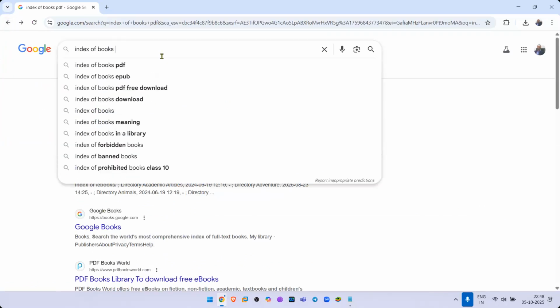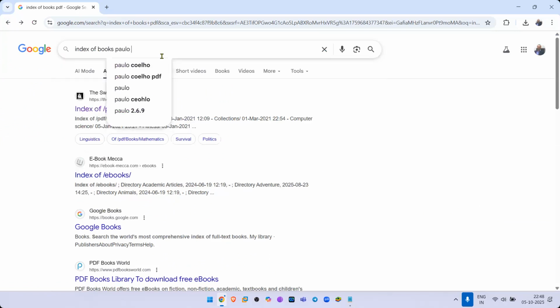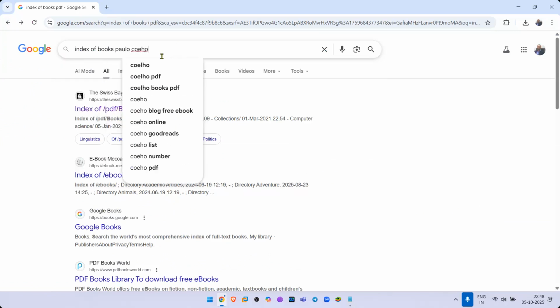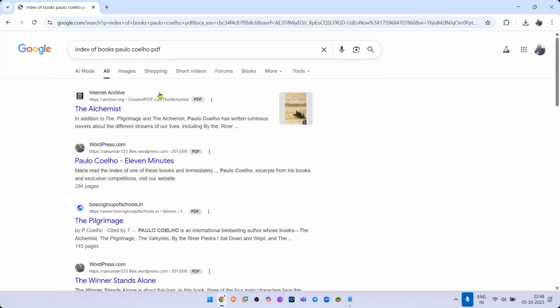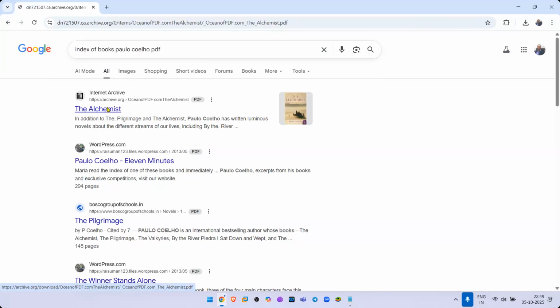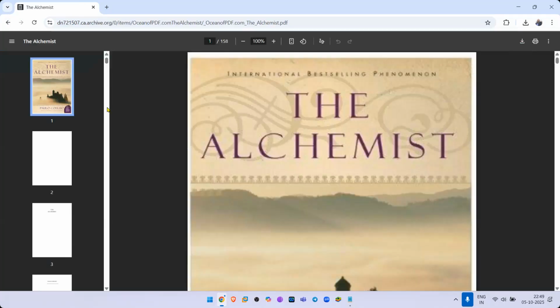Let's say that I want to download Paulo Coelho PDF. And let's say that I want to download this book. This is one of my favorite books, by the way. This is The Alchemist. Okay, do not download this. It is a cybercrime to download books like this. I'm just showing this purely for demonstration purposes. So let's say you want to download a book like this. There, my dear friends, the book is right there in front of you.